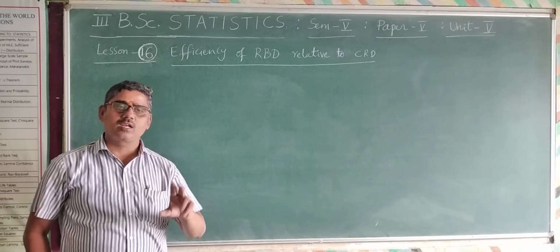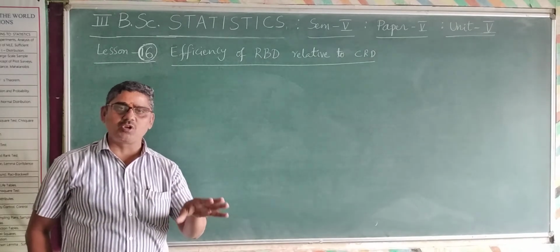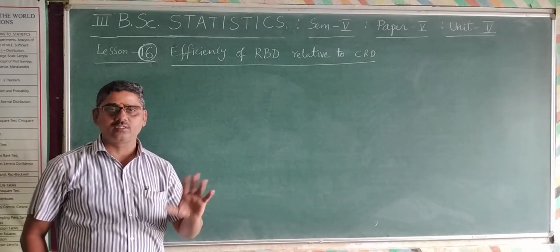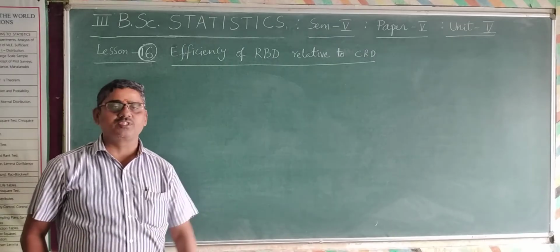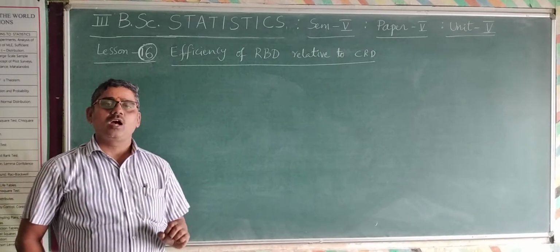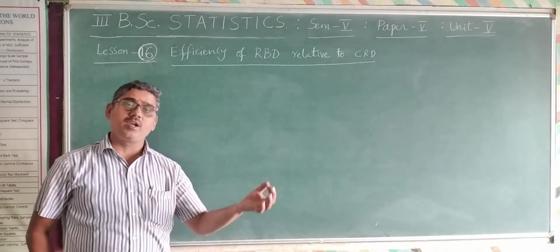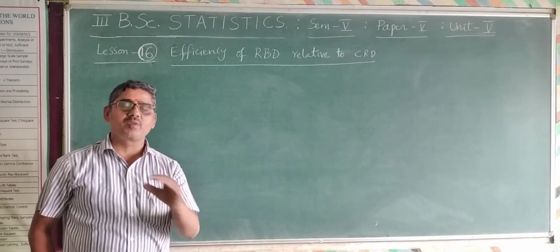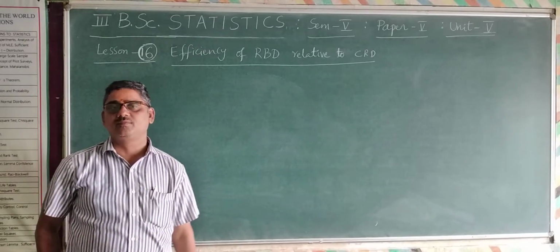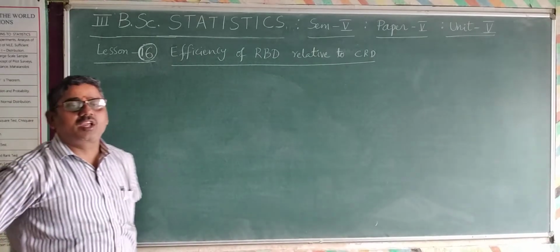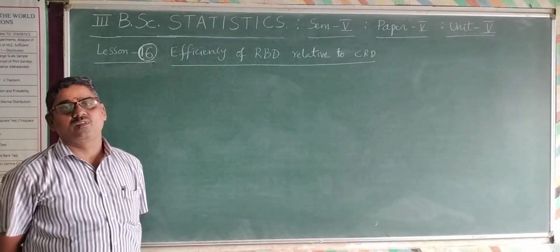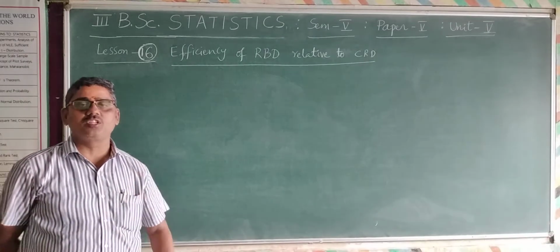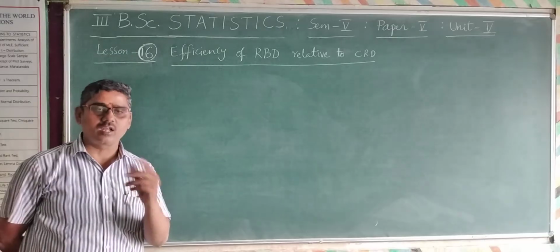And in RBD, there are K treatments and H blocks, which means equal to replications. The same number of treatments is also considered in the experiment in CRD. Whatever number of blocks and replications we have considered in RBD, the same number of replications is also considered in CRD. This is the assumption. So with a K by H table in RBD, with K treatments and H replications, here the blocks are the replications we consider.